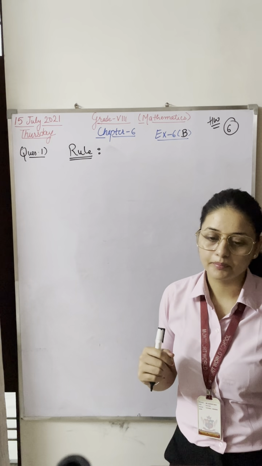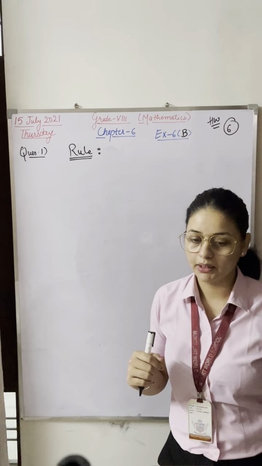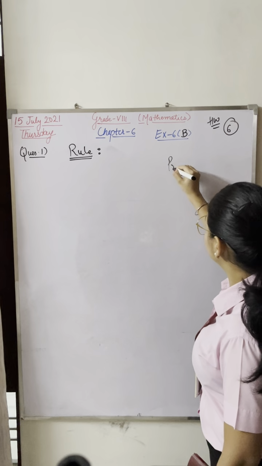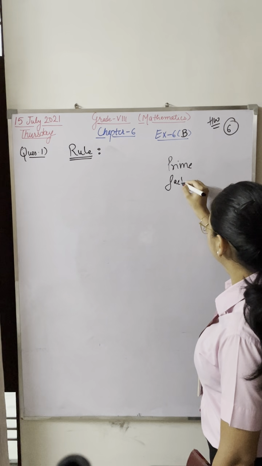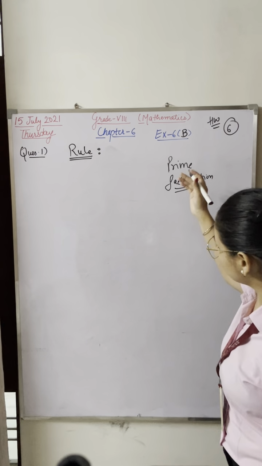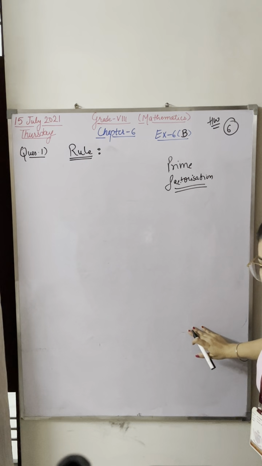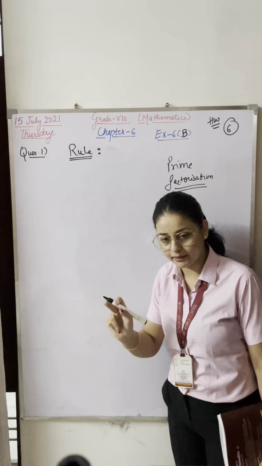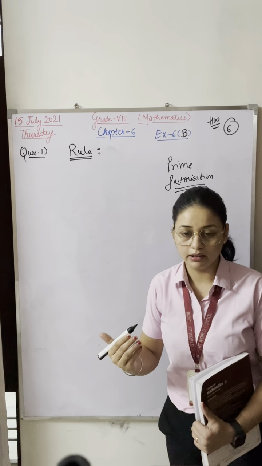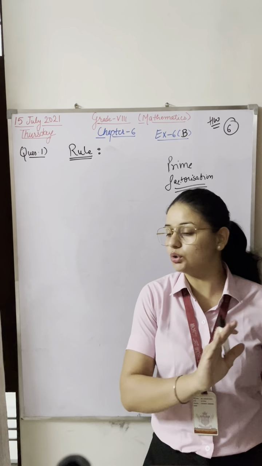Avika, very good. Dharya, prime factorization. Okay. Chaitanya, good. Now listen. Prime factorization method we have done in exercise 6A. For the prime factorization, you have to find out the LCM. That is a bit lengthy. But if it is mentioned in your paper to find out whether these numbers are perfect squares by the prime factorization method only, then you don't have to go for the rules.